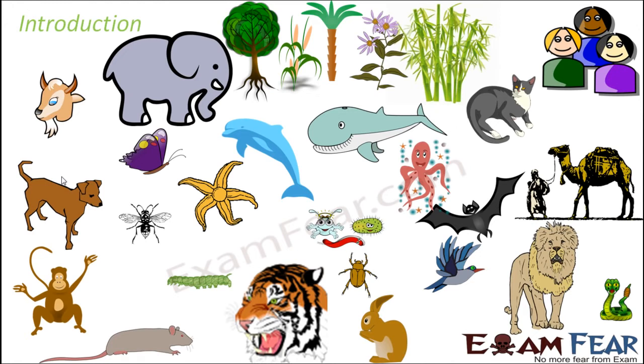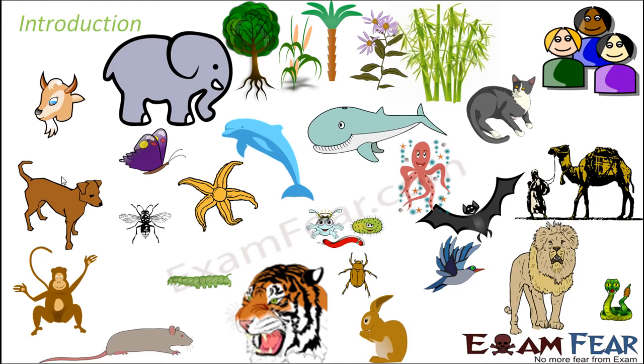And if you try to compare any two of them, you actually see that there are a lot of differences between them. For example, if you try to compare a human being with a fish, do you find a lot of similarities? Not really. So there are a lot of differences between these two varieties of living organisms. In a very similar way, all these living organisms which you see on the screen are very much different from each other. In this lesson, we are not going to talk about these different living organisms because we have already done that in our previous lesson.